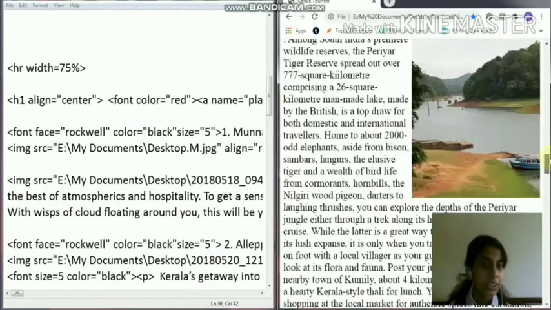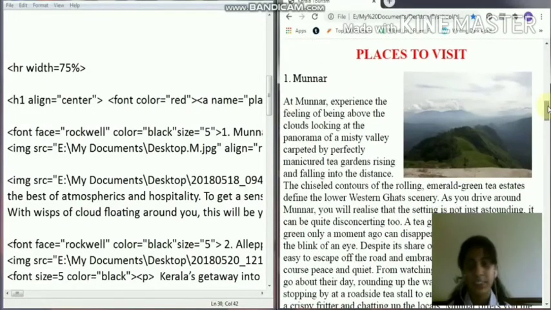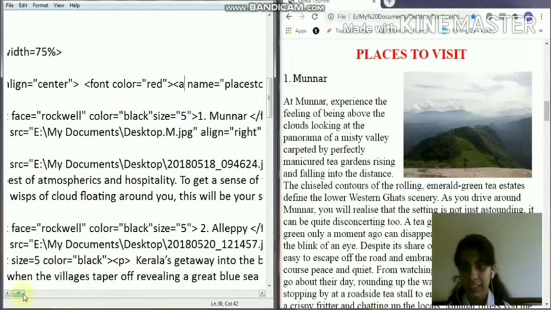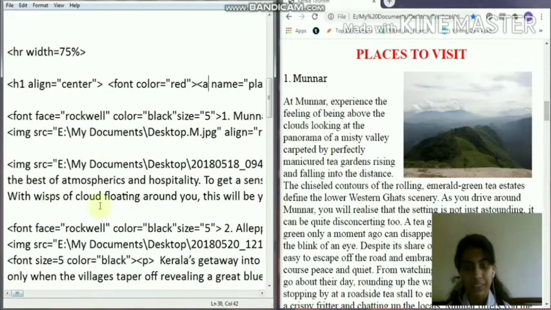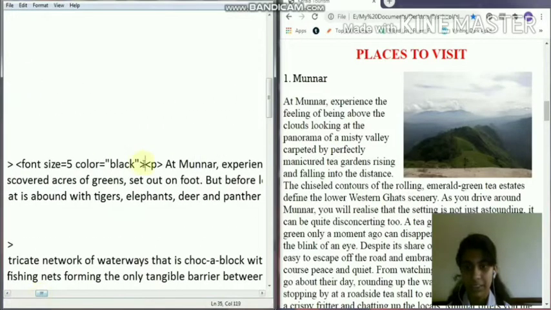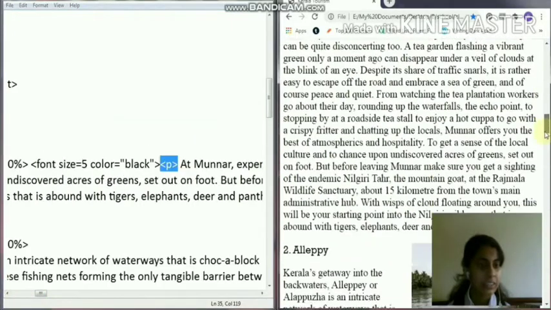Here you can also see there are various pictures to show you what these places look like. I have written their descriptions with the help of the font tag and the paragraph tag. Here you can see it. All of these have been written in the same manner.